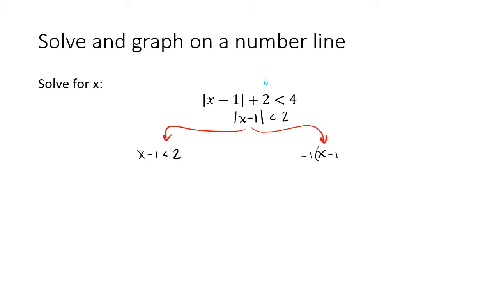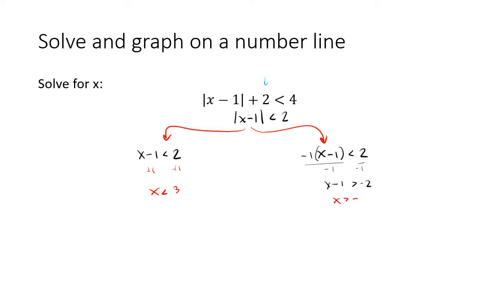x minus 1 is less than 2. If you divide both sides here by -1, we get that x minus 1 is greater than -2. So these are our two inequalities now. We solve them. Okay, plus 1 plus 1. x is less than 3, and x is greater than, if you add 1 to both sides, x is